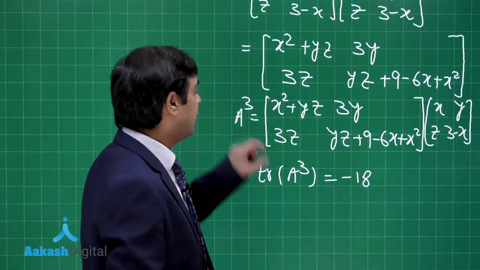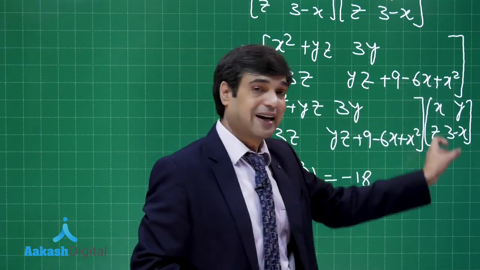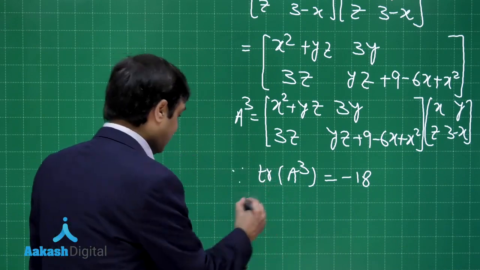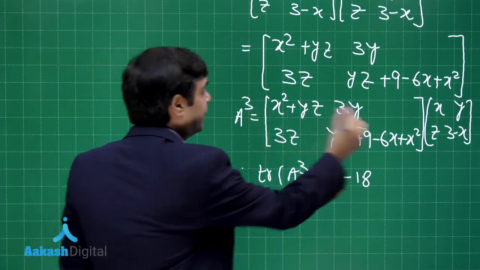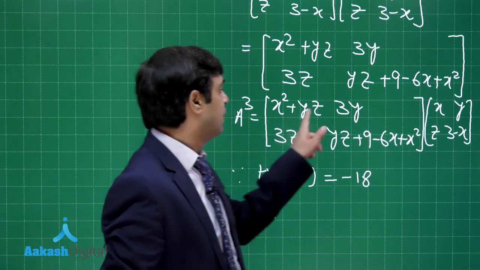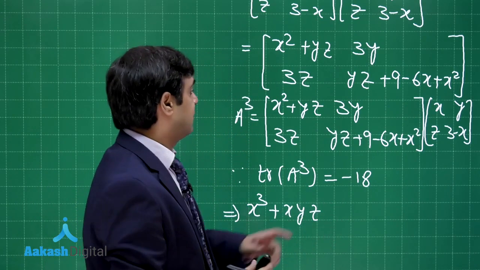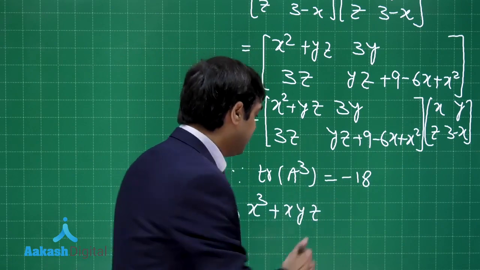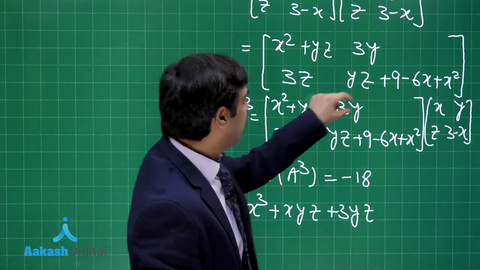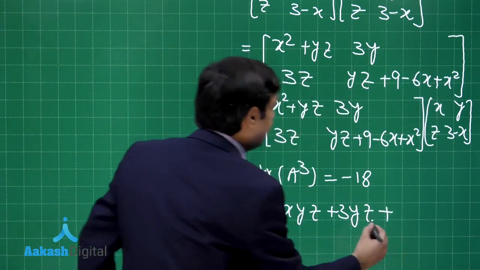Trace of A cube means you need to multiply first row with first column, then second row with second column. That will give you the diagonal elements. So no need to simplify completely. Let's move ahead. When you multiply this row with the first column, we are getting x cube plus xyz plus next this 3yz. Correct? So what we have done, we multiplied this row with this column. Next second row to second column plus